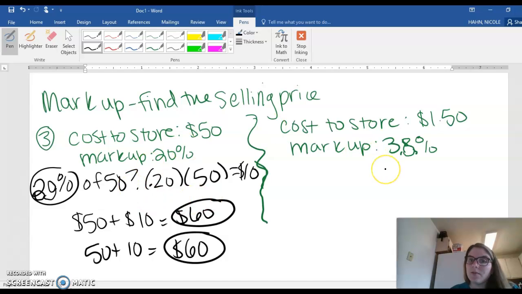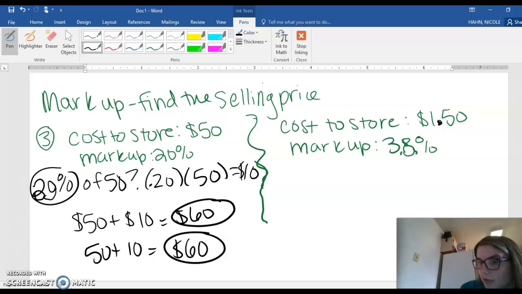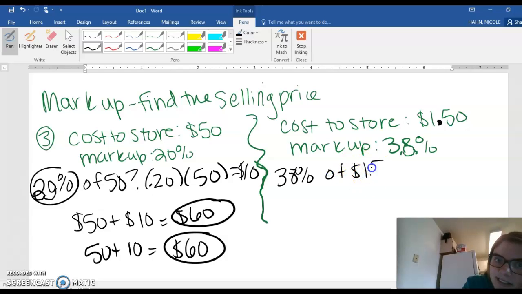All right, the next one. The cost to the store was $1.50, and I want to mark it up 38%. So I need to figure out 38% of $1.50 equals what? Okay, so I need to change this to be a decimal, so I'm going to move it 2 times. So I have 0.38